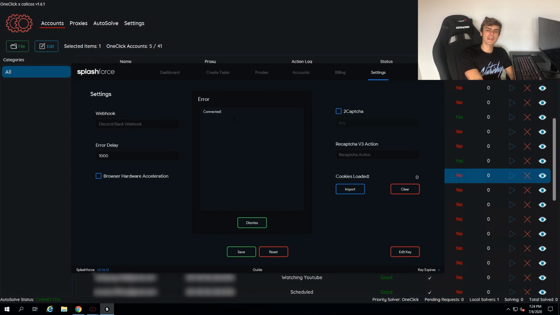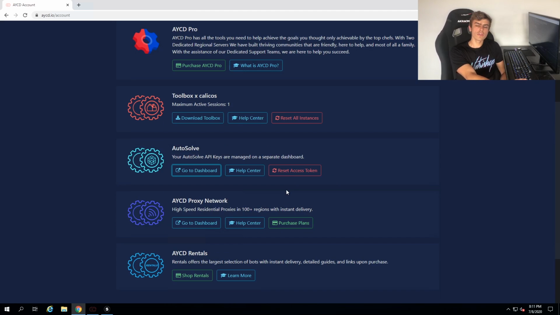If you do end up getting an error message here, make sure that you 100% copy the access token and the API key correctly. And you just want to make sure that AYCD is open and you should be good to go. Another quick fix that sometimes works is you can actually come over to the Autosolve tab and you can try to reset your access token as well. I've had this happen where I just reset it and then it connected fine. So that's just another thing to try out. But if none of this works, then you can always just reach out to the AYCD support in their Discord